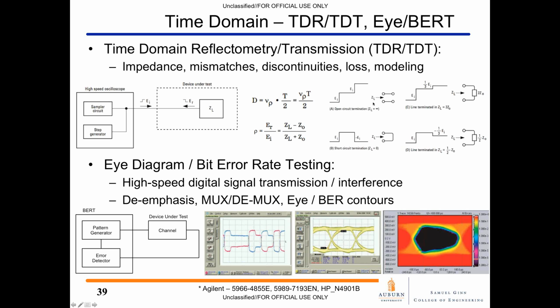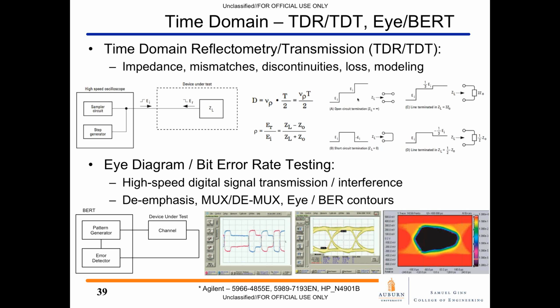So there's a couple little examples here. If you send a pulse into an open, then you're going to get this double step configuration as we open that up and see a much higher impedance. Whereas if you send that into a short, your reflected signal is going to cause it to essentially short out. You'll see a very low impedance. So depending on the impedance on the end of the cable or as part of your device under test, based on the signal that comes back, you can determine the impedance, loss,